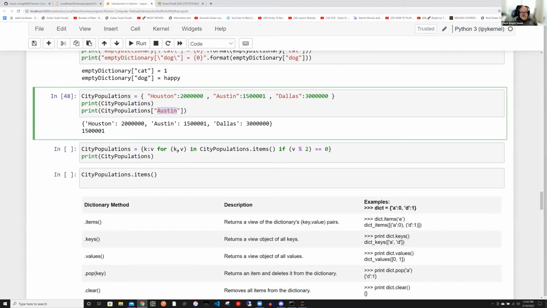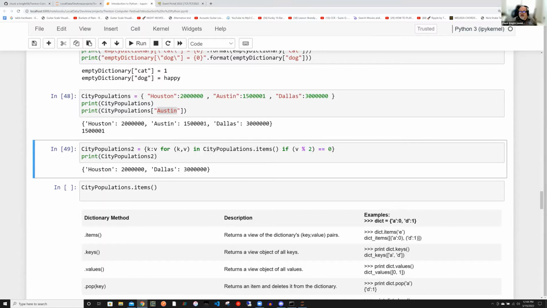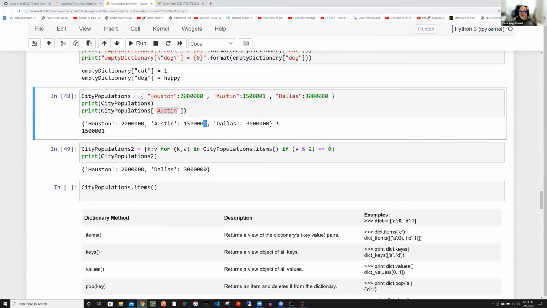In this case, what happens is you're going to take this dictionary and say, I want a set of items from it. And those items will have key values, so KV. And you want to put the KV, the key value, into your new dictionary. We could do this: you want it to be there only if the populations are even. So we can see that Austin's odd, so it didn't get put in, and Dallas and Houston have even populations,